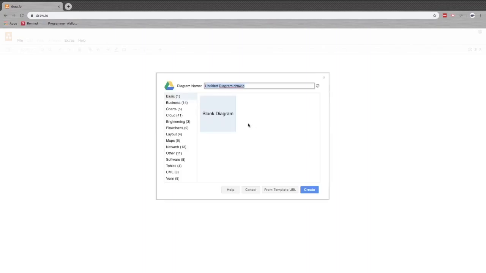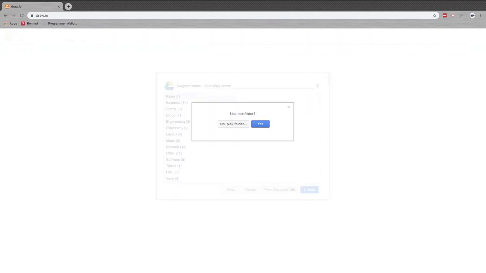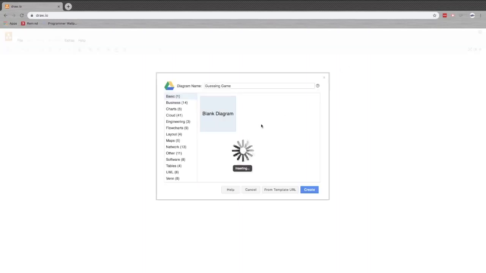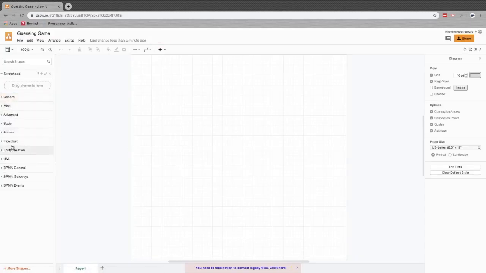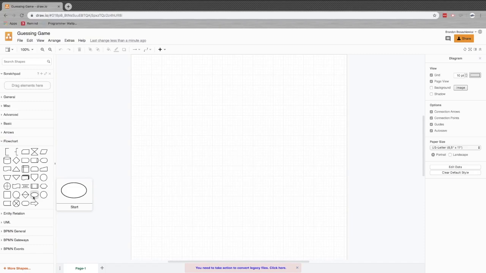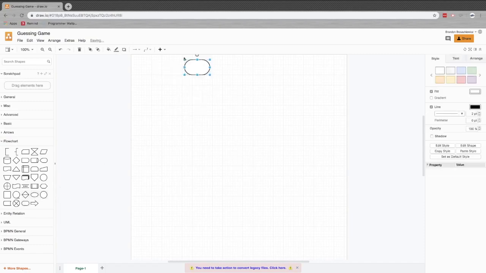So I'm going to draw.io. I'm going to create a new diagram. We'll call it guessing game. I'll just use the root folder for now on my drive. I'll let it build, and then it's time to start getting into it. So what we're going to do here is we're going to come in with our flowchart. Okay, we'll come in with our terminal symbols. So terminator, I'm going to go with a start,